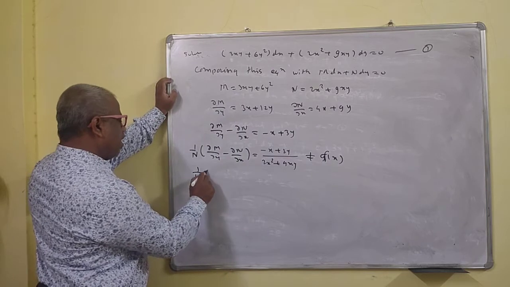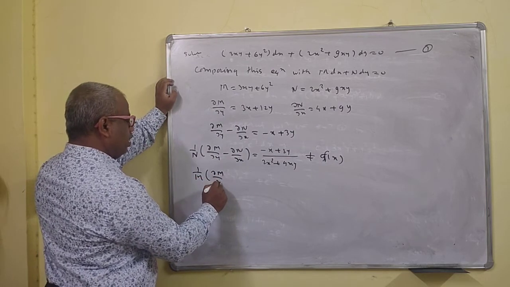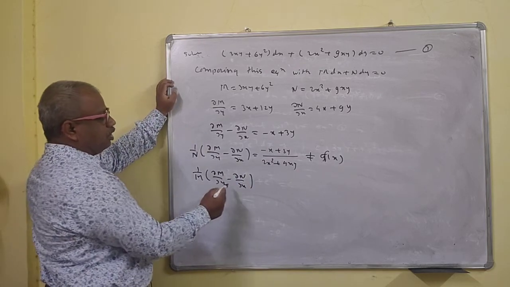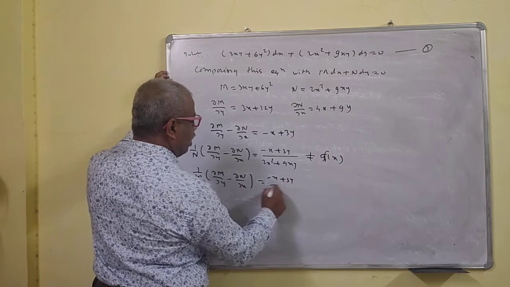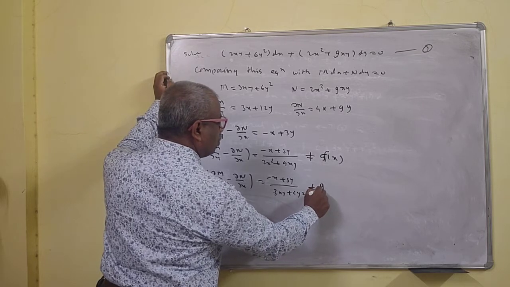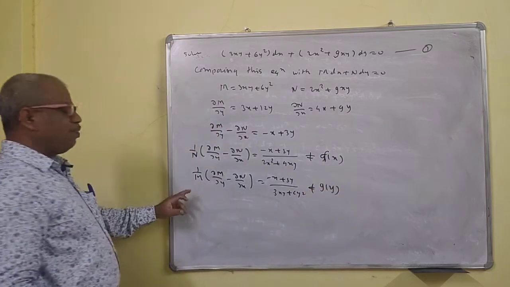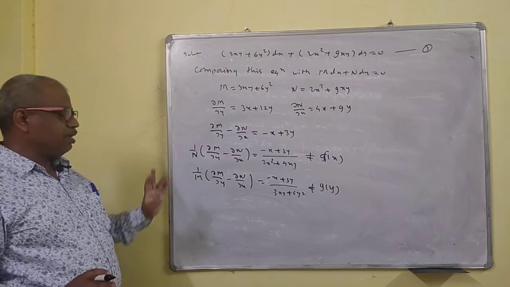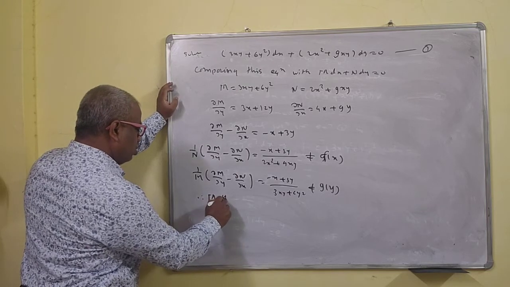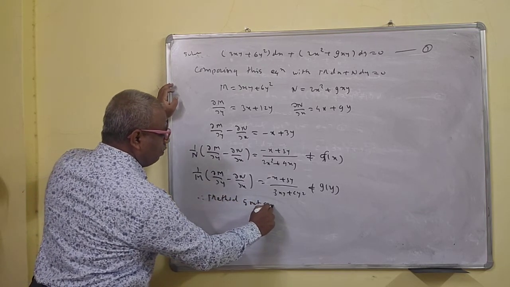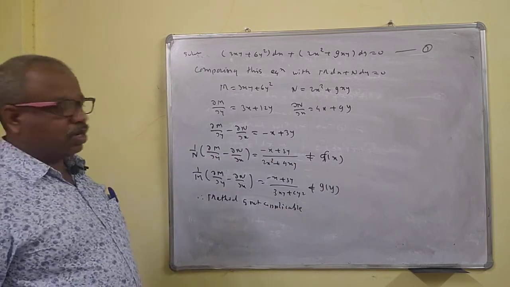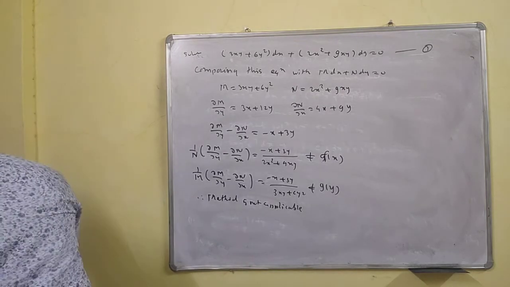Again, if you take 1/m, so ∂m/∂y minus ∂n/∂x. Okay, if you are dividing by m, then this is what? Minus x plus 3y upon 3xy plus 6y². Again, this is not a function of y also. If you are dividing by m, it should be the function of y. If you are dividing by n, this should be the function of x, not a function of x. Okay, the method is not applicable. The method is not applicable. Okay, so now the method is not in the syllabus, so we'll take the next problem.